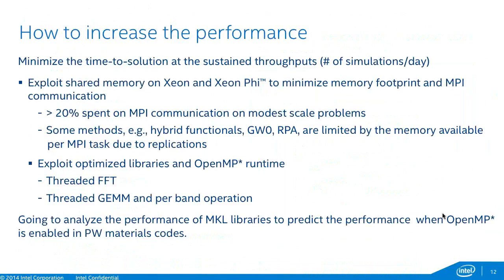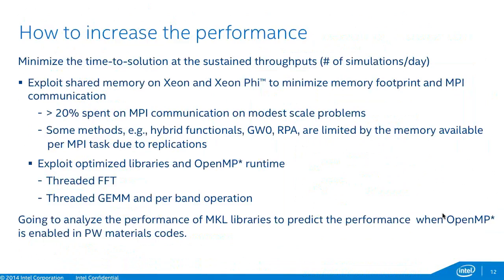OpenMP runtime. For instance, FFT: everybody can write a 3D FFT on their own, but you will quickly realize that the libraries do so much better. So we should be able to take advantage of that. And of course, GEMM is another example. Large operations are highly optimized, and very optimized with threads as well. It means that we should be able to take advantage of these things without taking the hit of the MPI